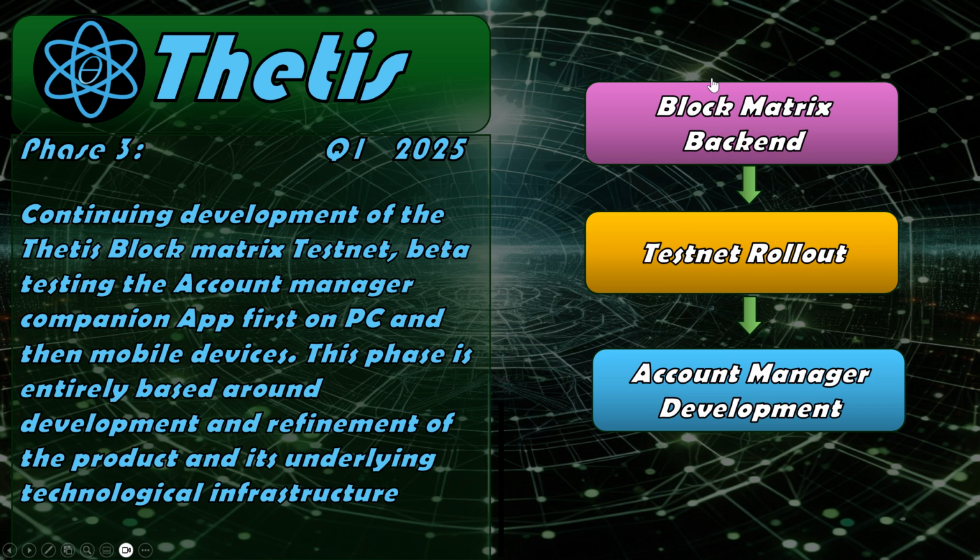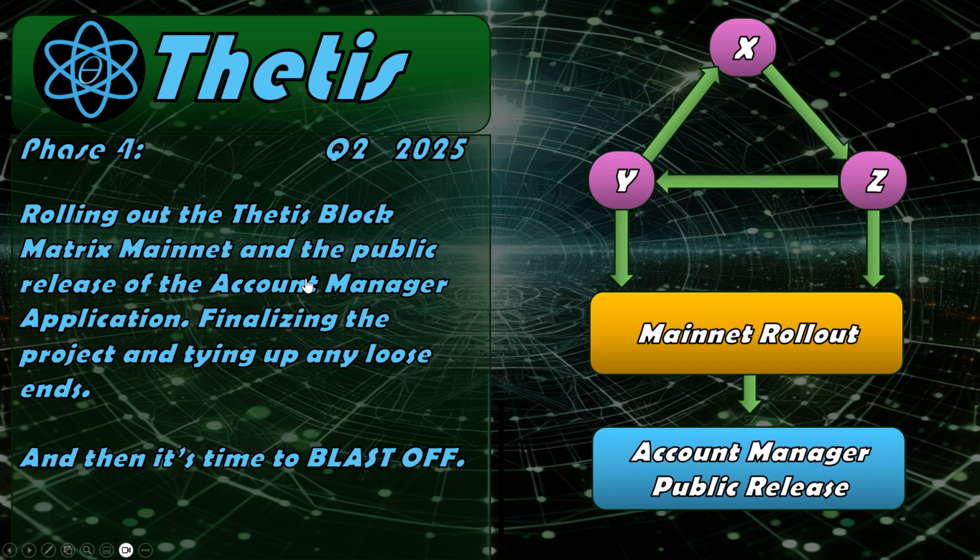We want to do a web extension that lets you communicate with the block matrix and do transactions and everything like that. So that's the whole beginning of the year. Starting at the end of this year, around October, until we get to March, is all just pure development time, with the token offering to help fund back-end